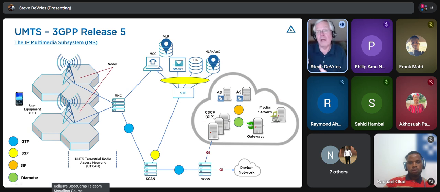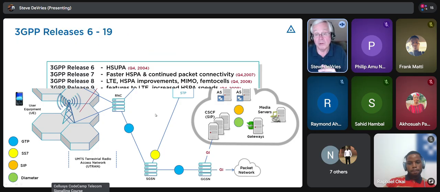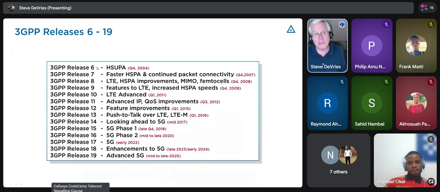But again, it became known in release 5. So you had 3G, which was release 99, then came release 4, then release 5, and then 6, 7, and so on. So these are just the releases that came out at that period of time in the early 2000s. I just wanted to highlight these different releases. We're right around here. Some of these are at 19 today. Not all the specifications are on 19. So we're right around here today.